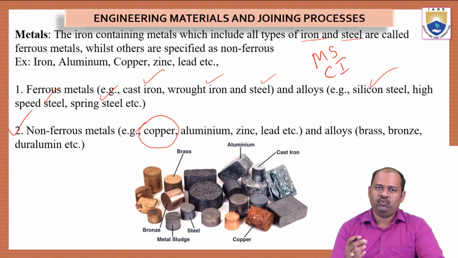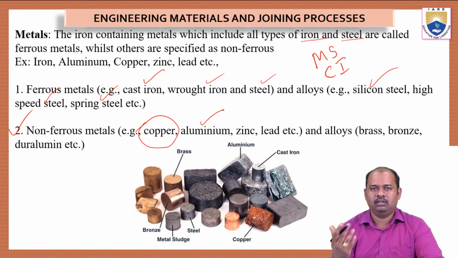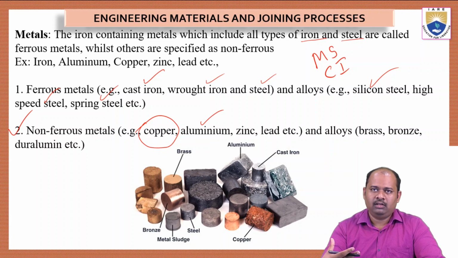It can be converted into very thin wires without damaging its body. Whereas aluminum is different. It has a very good property: it has a very low weight when compared to iron. If we want to compare the strength property of iron and aluminum, if I make or prepare a metal